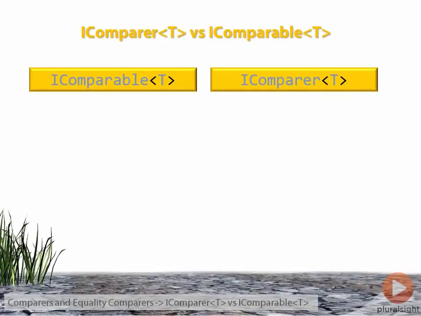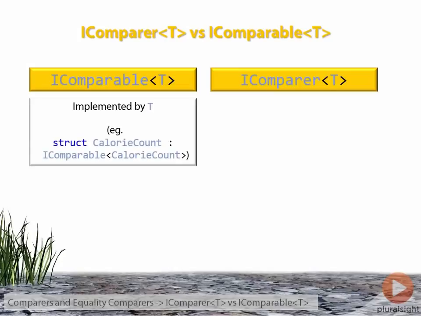Before we leave the subject of comparers, I just want to make sure we understand the difference between IComparer<T> and IComparable<T>. IComparable<T> is an interface that's usually implemented on the type T itself. So for example, earlier in the course when we had the CalorieCount struct implement IComparable<CalorieCount>, this amounted to